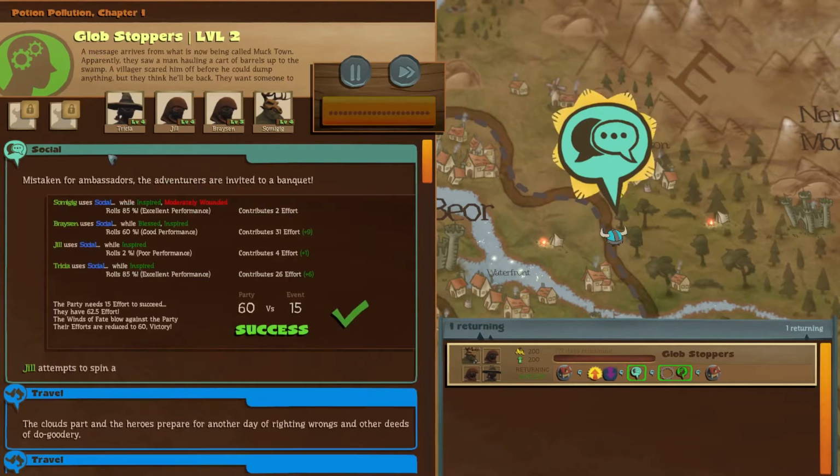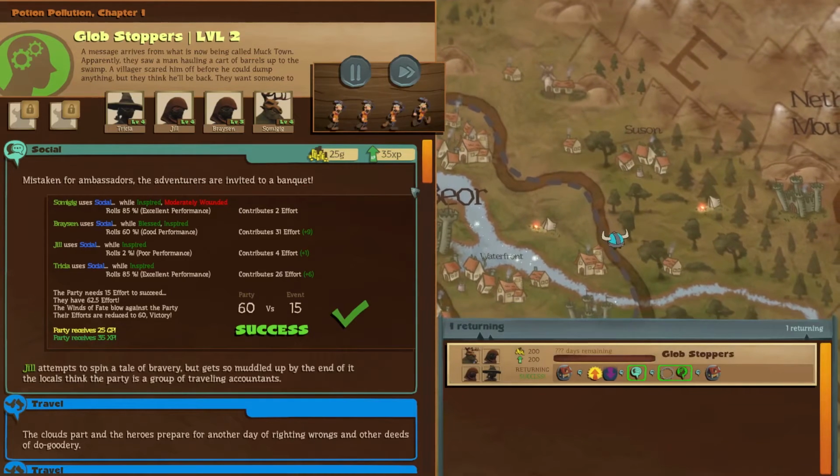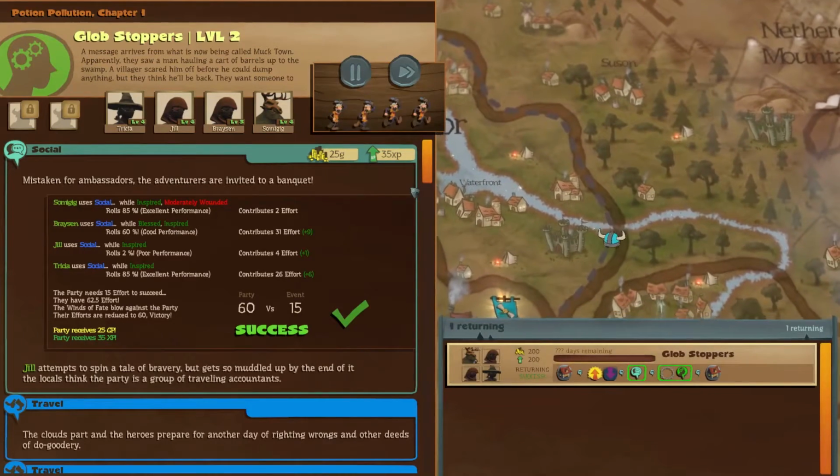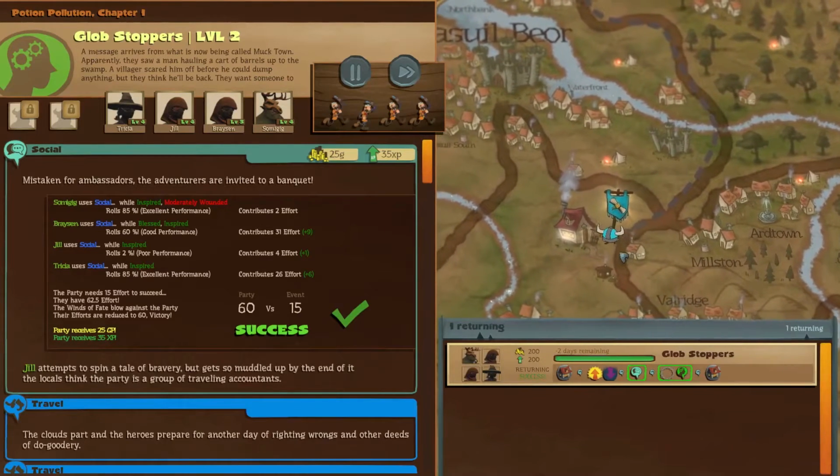Okay. Roll the dice. Jill attempts to spin a tale of bravery, but gets so muddled up by the end of it, the locals think the party is a group of travelling accountants. Wow. Accountants. Rock and roll, Jill. Wow, we are very much uninterrupted in our journey, and